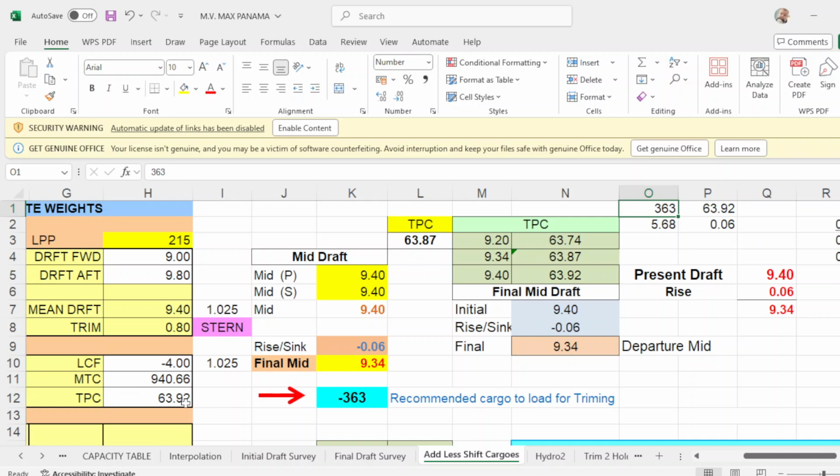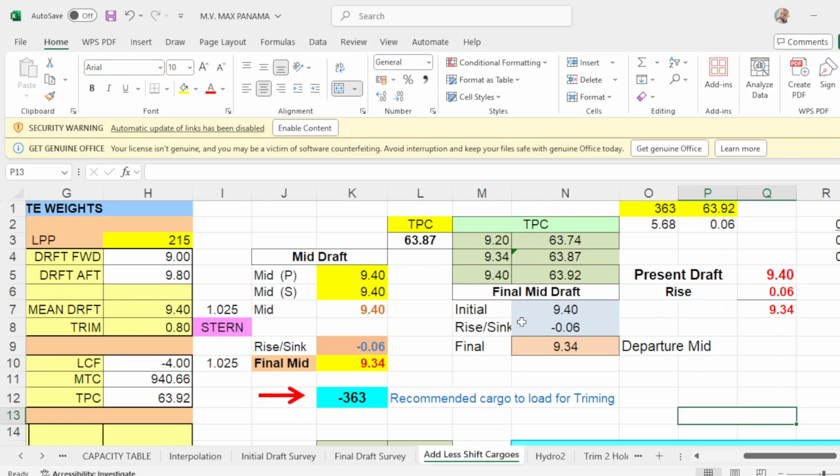And your TPC is 63.92. Put this color like this. Okay. So 363 divided by your TPC of 63.92 is 5.68, or divide this by 100, that will be 0.06 meters. This is in centimeters. Your present mean drop is 9.40,